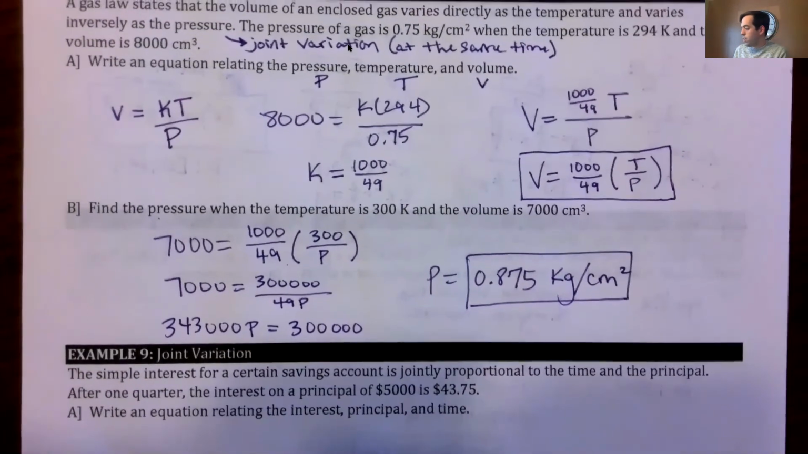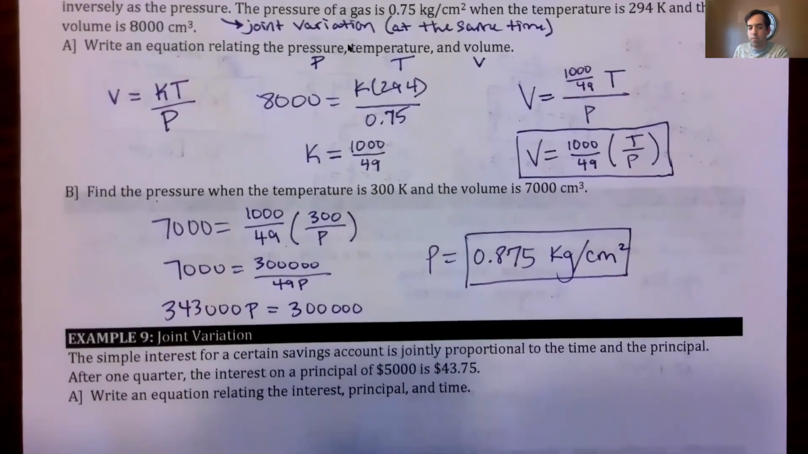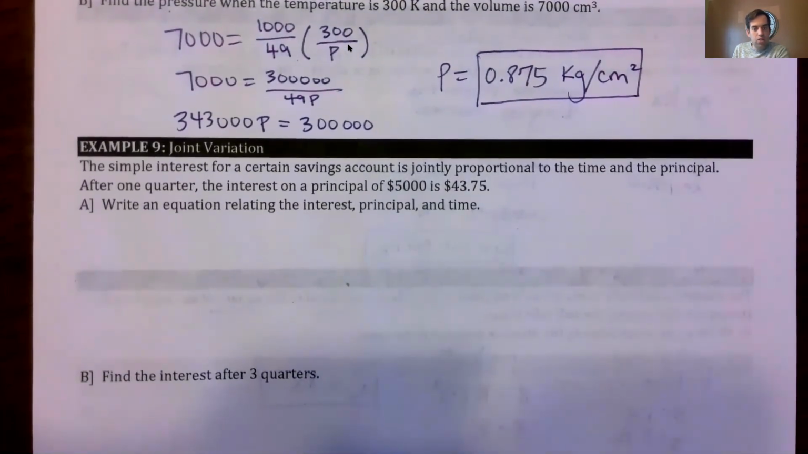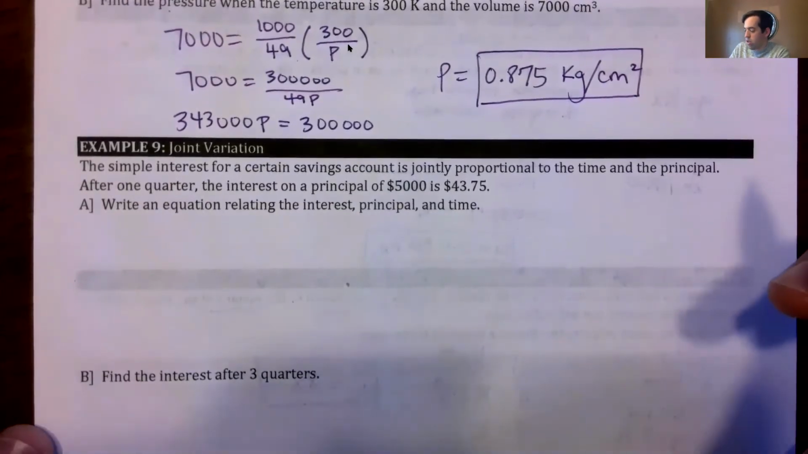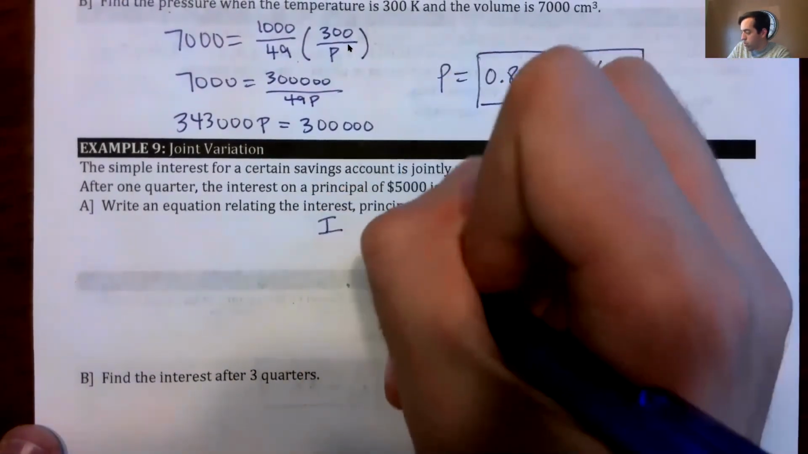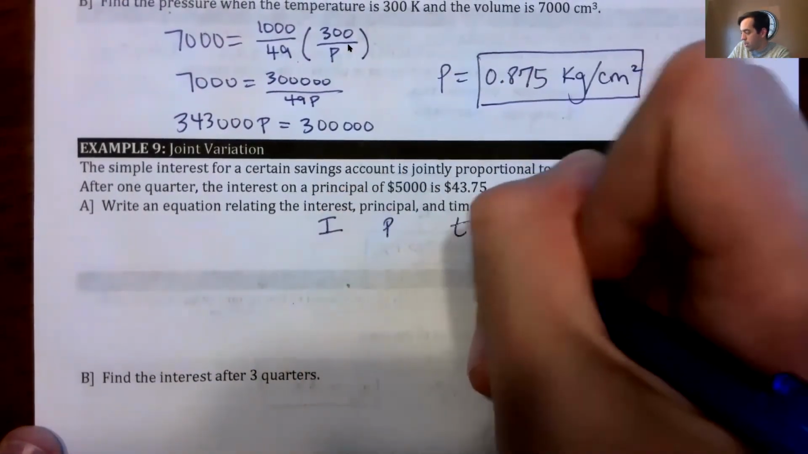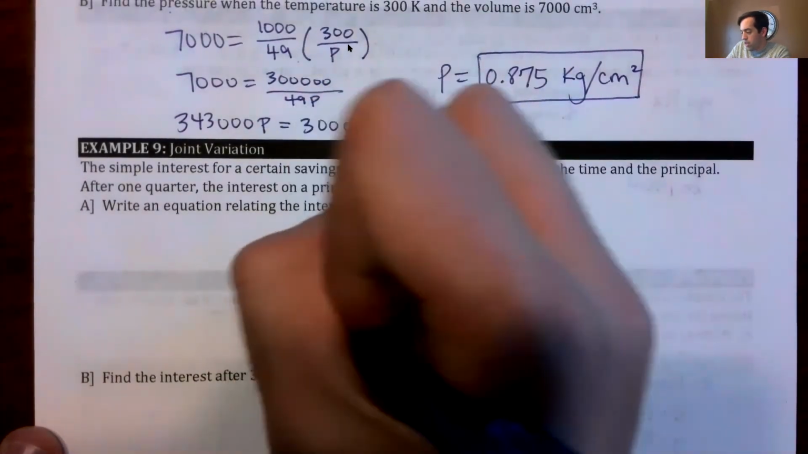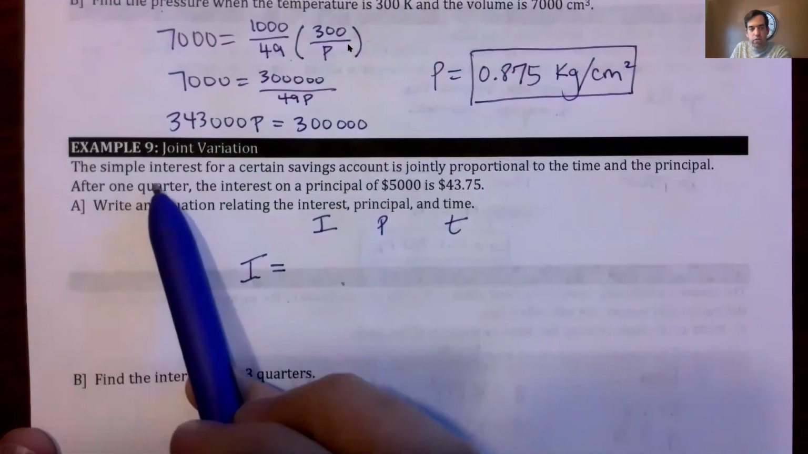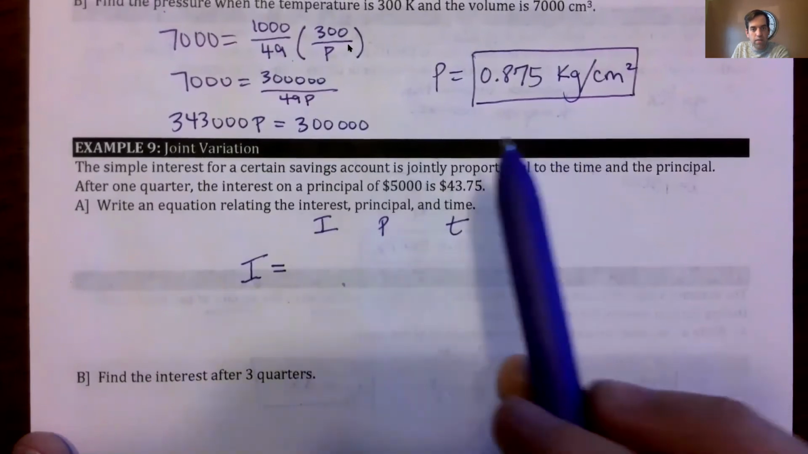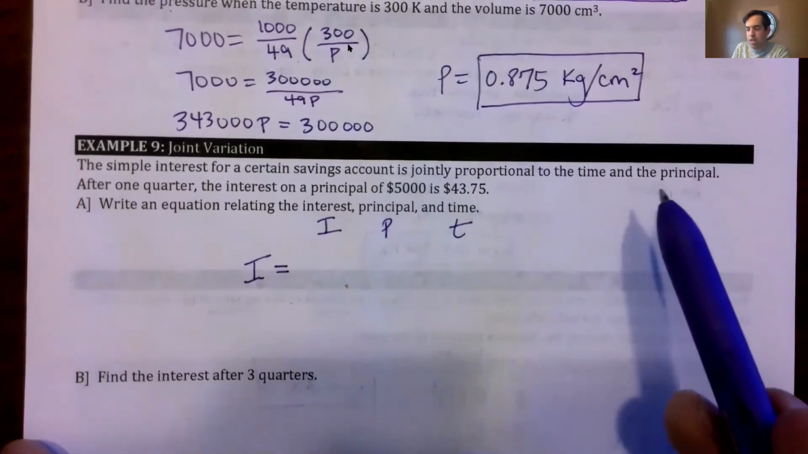There we go. Last question, another example of joint variation. The simple interest for a certain savings account is jointly proportional to the time and the principal. Okay, so in this question, I'm going to make interest I, principal P, and time T. And the simple interest is the first phrase. So I have I equals,